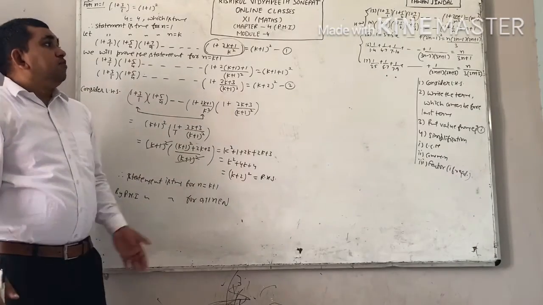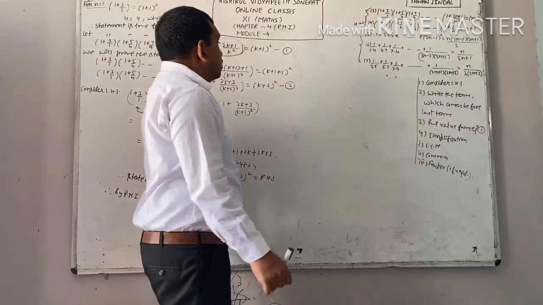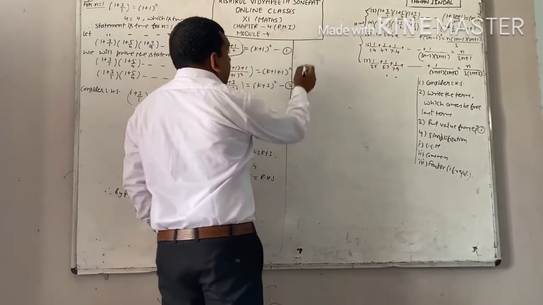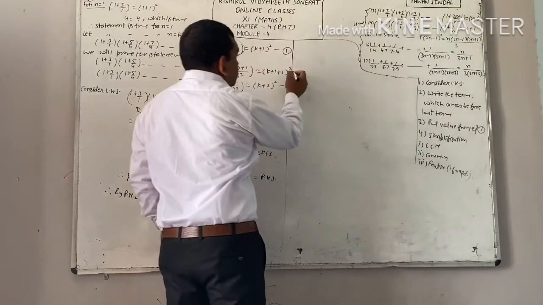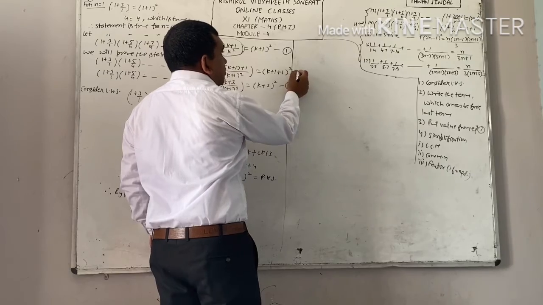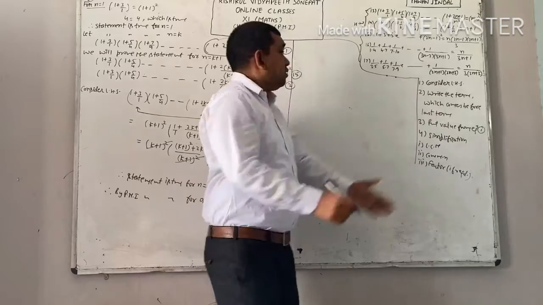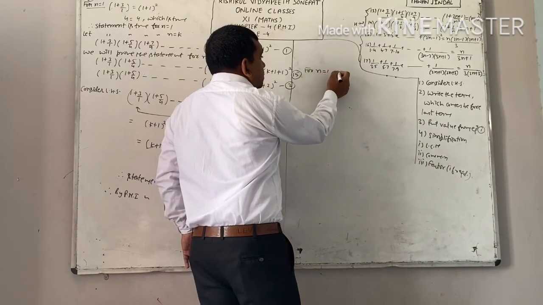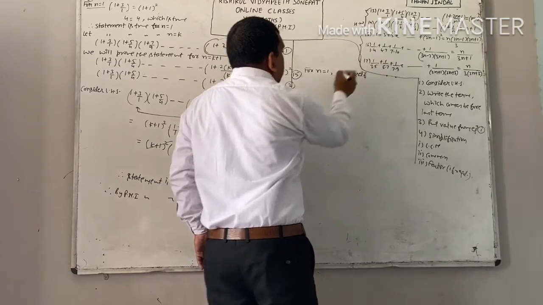This is the question which you have to prove. This question you will try yourself. Now move to question number 15. See how will you solve. In question number 15, first step you can easily do for n equal to 1. This you will do yourself. I am starting from step number 2.